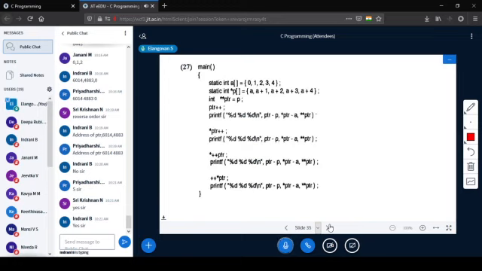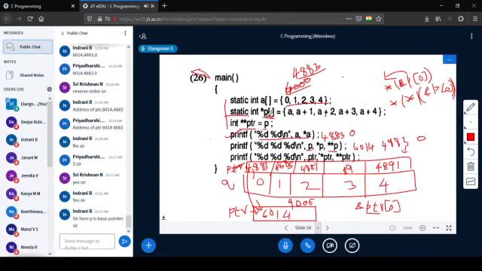Yes, all sorts of confusions are coming in. See here, P is a base pointer, sir. Yes, P means the base pointer of this array, that is address of P of 0. A is the integer array, P is an array of pointers, so we call it a pointer array.